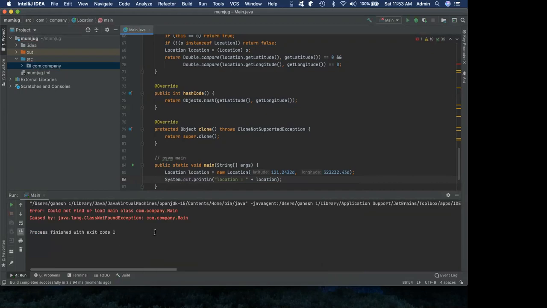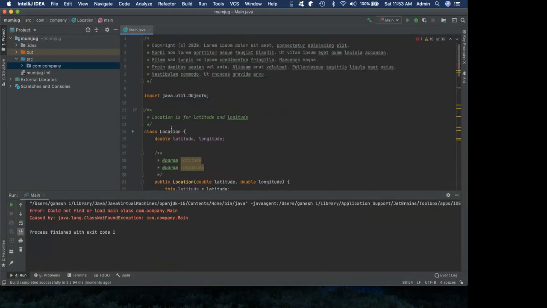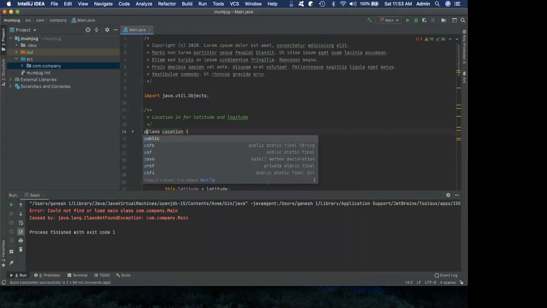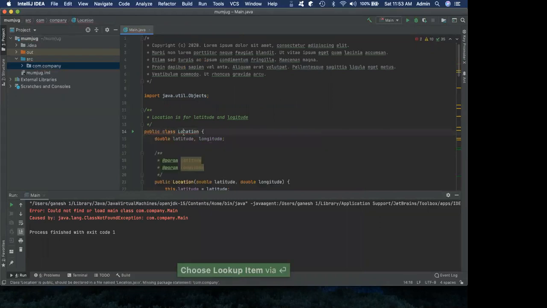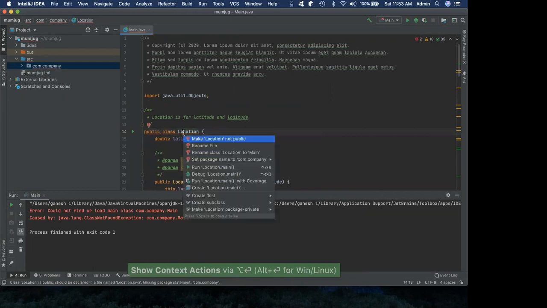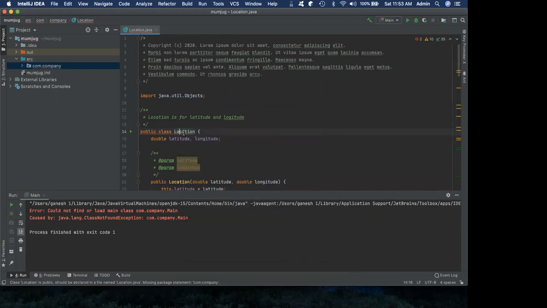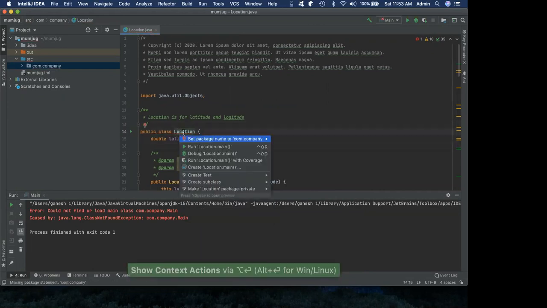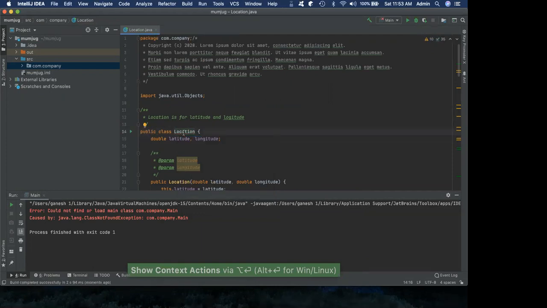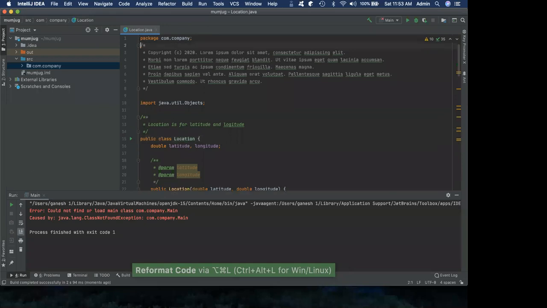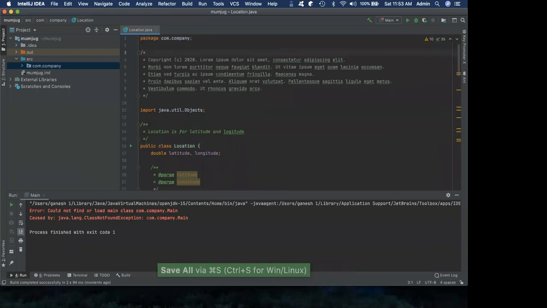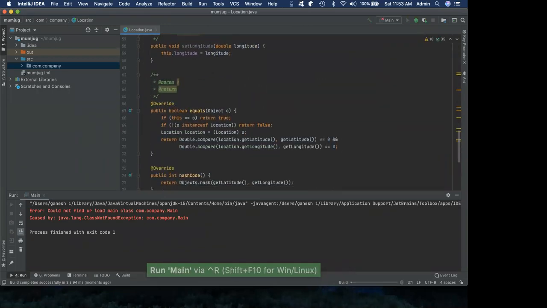Okay, there's an error here. So here it is. This is a public class, so I want to either change the file name or the class name. So I can rename the file. And I still have the error. What is happening here? Yeah, the package is not set. Okay, I want to reformat it. Okay, it didn't work fine. Okay, so now let us see if my running is fine.